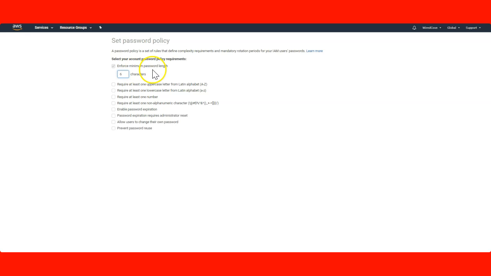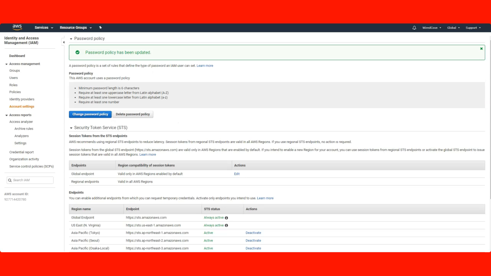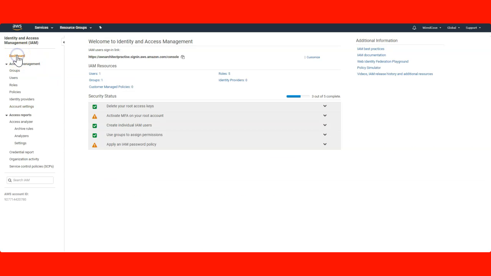Then if you want, you can require at least one uppercase letter from Latin, one lowercase letter, and at least one number. That's how you can set this policy and define how complex a password you want for your users. It depends on you. I'm going with these options only, and I'm clicking on Save changes, and it should be green now.